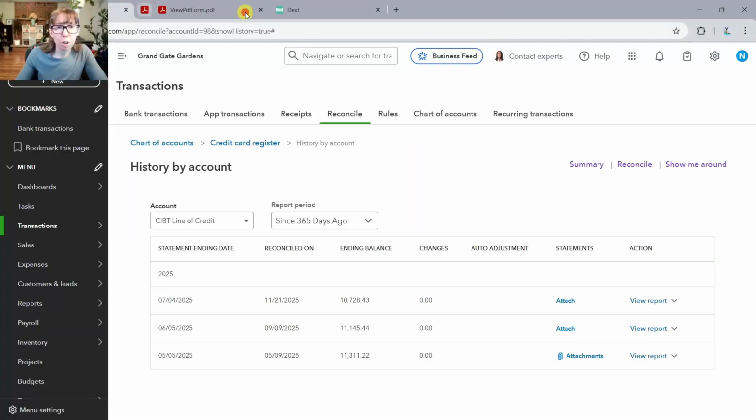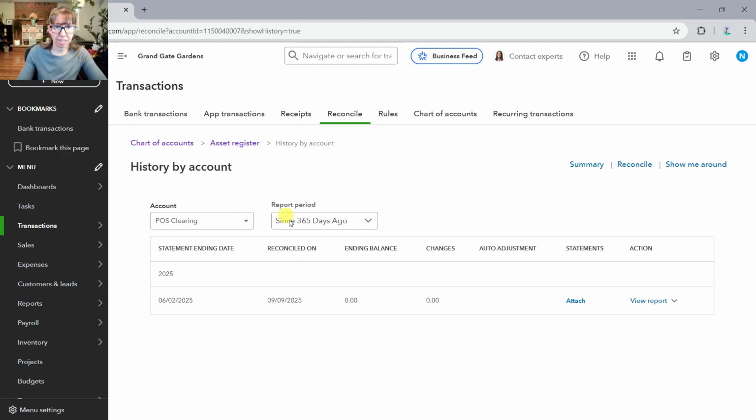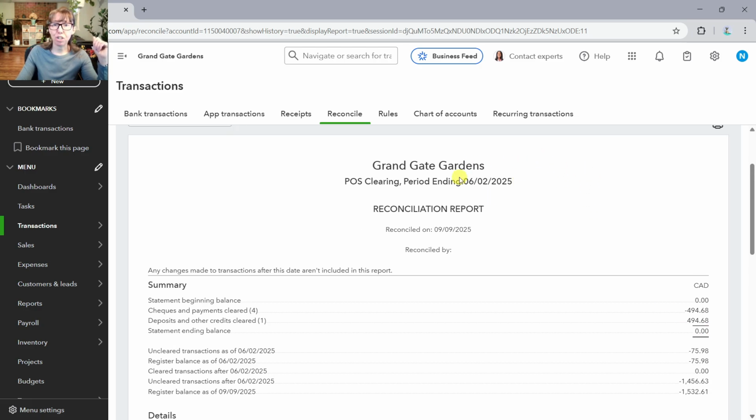So before we reconcile the POS clearing for June, I'd like to quickly remind you what we did for May. So let's go to the POS clearing. This is history by account in the reconciliation. We can view the report right here. And if you'll remember, we actually made the statement ending balance 0, and we made the period ending date June